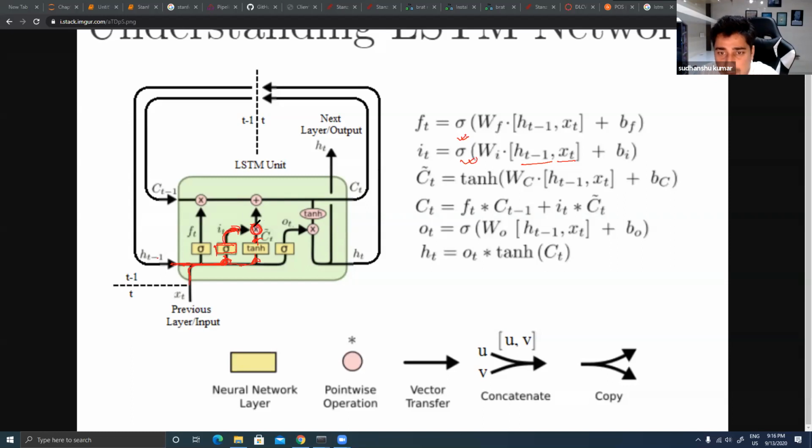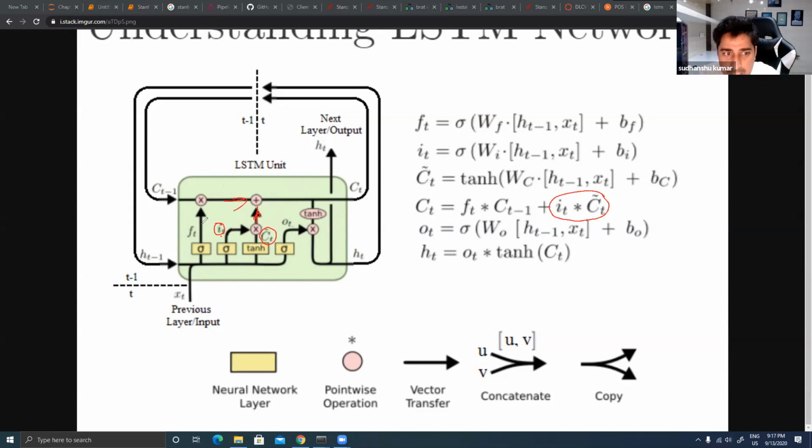And here we are again doing a multiplication, right? So the final outcome you will be able to get over here is the outcome multiplied by I_T. Let's suppose this is giving me C delta T at time T, right? Now I will try to multiply I_T into C delta T. Now what I will do, I will try to add these things with this one, right?